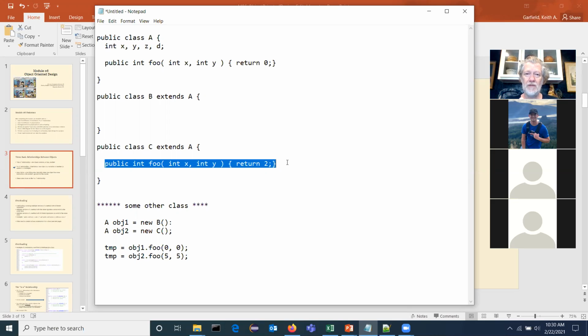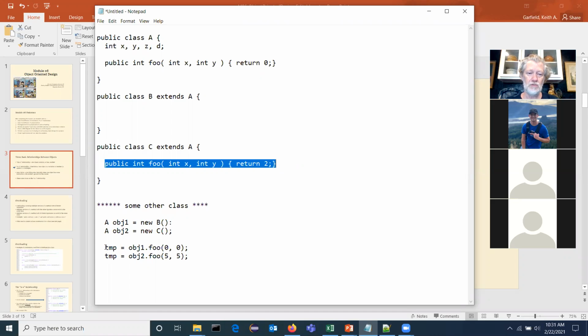Now, obviously, this is a description of the behavior. How does that all get managed in memory to make it work? That's far more complicated and beyond this course, but logically, that's how you should think of what's happening. When you say object2.foo(5,5), you really are saying, hey, go look inside that object. There should be a method called foo, and I need you to run that method. And so the Java virtual machine will go look inside that class, find that method, and run it.